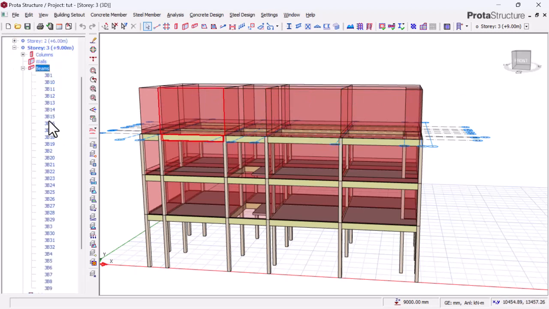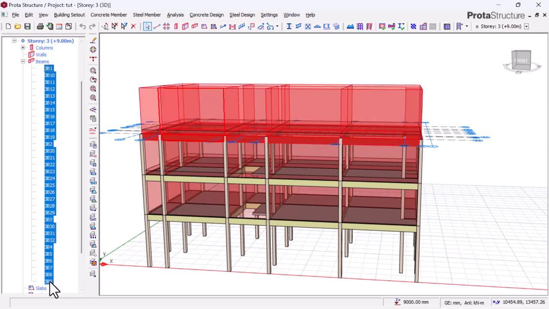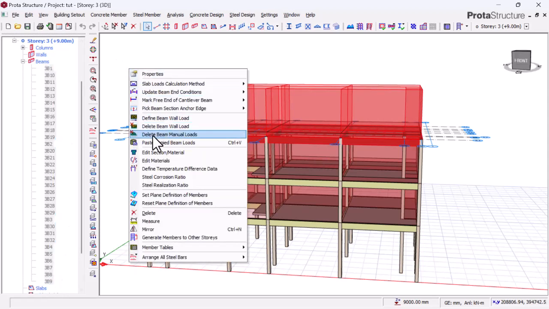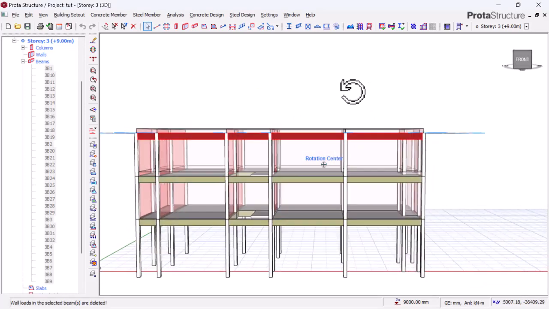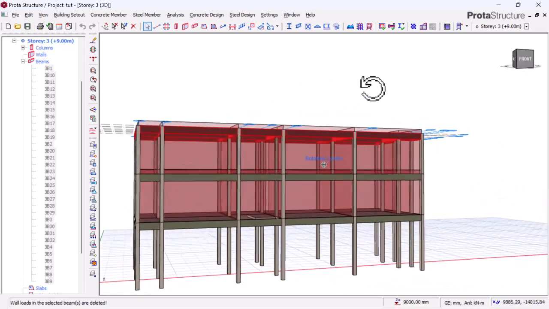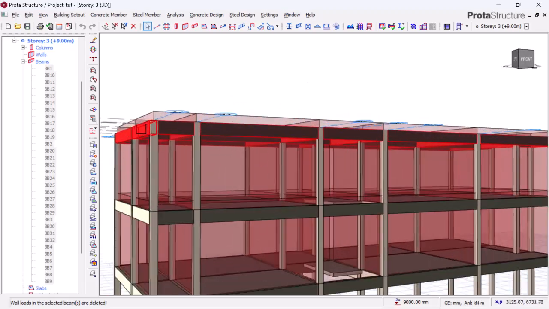In taking off the wall load, it's as simple as clicking this beam, you highlight this, you go to the last one, you hold on your shift, you click, just highlight all the load, then you right click and you will say delete beam wall load. If you click this, say yes, it's going to take them off. So you're taking them off, you have to look at it. If you look at the beam now, it's now looking okay, but not so okay,